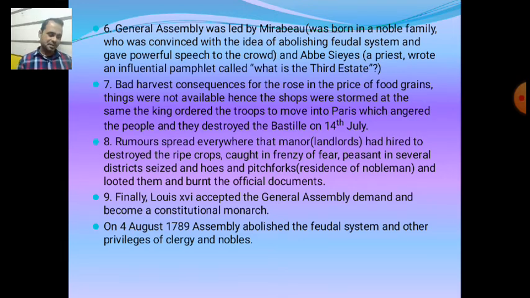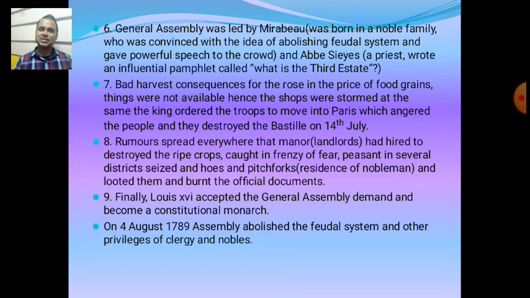Now, when such things were developing in the cities of Paris, the rumors spread everywhere in the countryside also that Manners had hired troops to destroy the ripened crop, and the peasants caught the fringe of fear. Now who were Manners? Manners were the landlords. Such rumors were spread in the countryside also, that these Manners were hiring troops to destroy the ripened crop of the peasants, and ultimately there was lots of chaos and confusion, and they